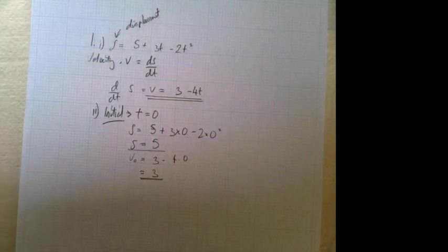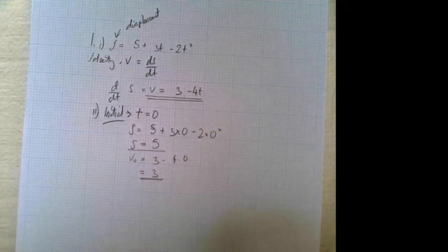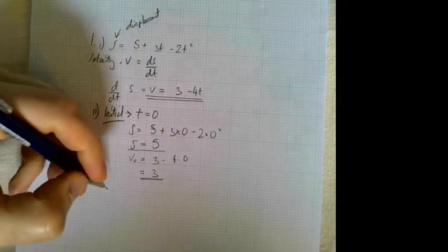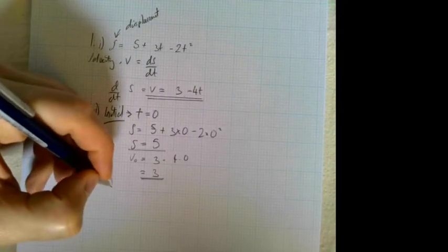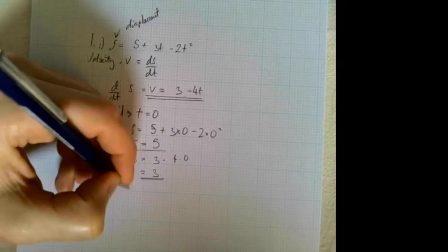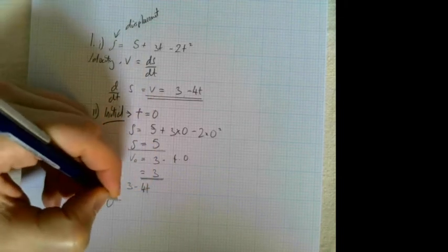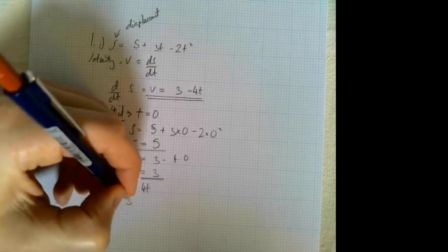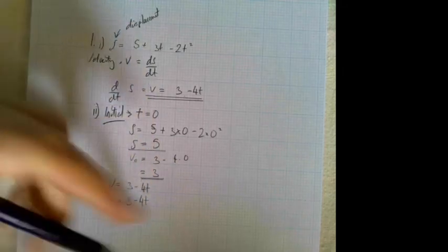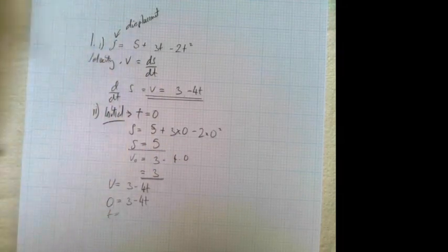And we're asked finally to find the time and position when the velocity is 0. Well, the velocity is 0. If we remind ourselves that velocity is v equals 3 minus 4t, so 0 then would be 3 minus 4t if the velocity is 0. And so rearranging this, my time is going to be